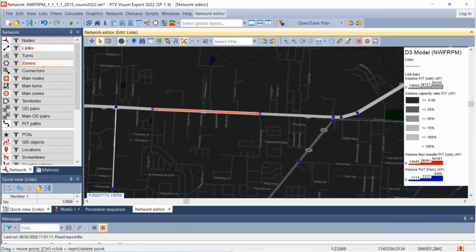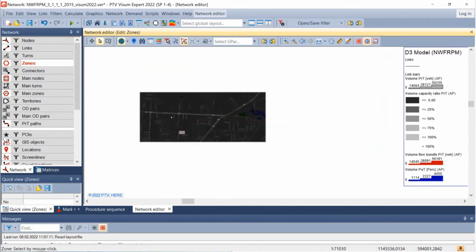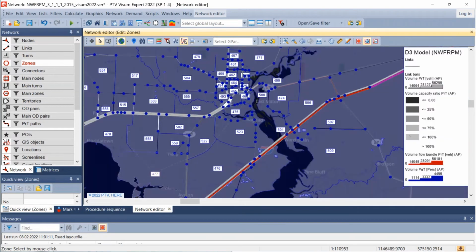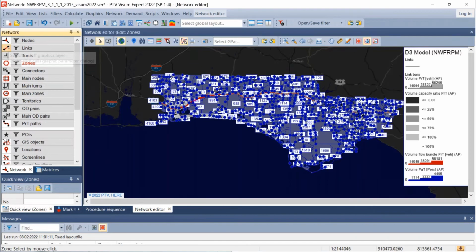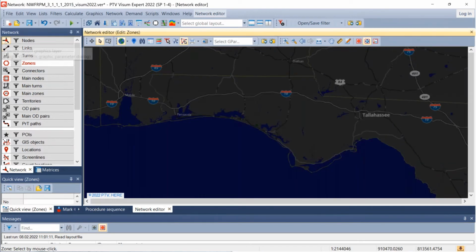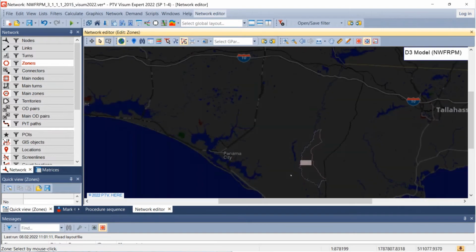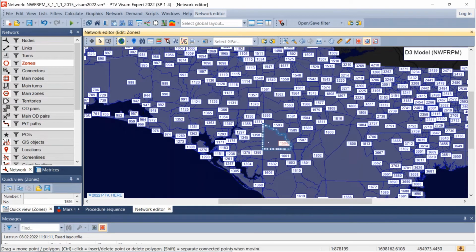The next thing we're going to talk about are the zones. Now, in Visum, zones and nodes are different objects. If we zoom all the way out, I'm going to turn off the links. I'm going to turn off the nodes. And here we have different zones in the network. We can see different zones that are, in this case, represented spatially. They have a geometric shape to them. They don't have to have a geometric shape. For example, if you have